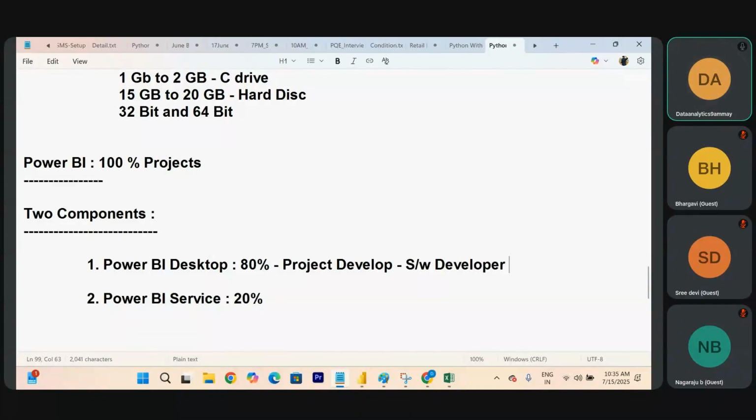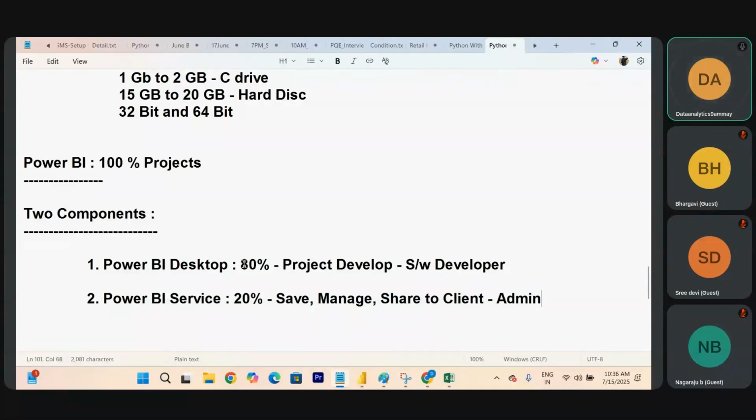Simple. Now the remaining 20% is here. After you complete your project, you are going to save it somewhere and manage it, and share it with the client. Are you doing any project work here? No. So can I call this person an admin?